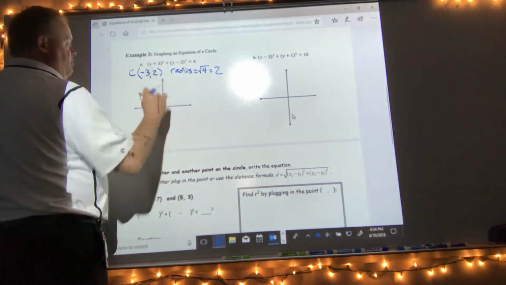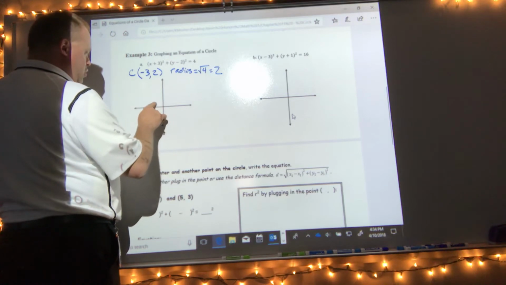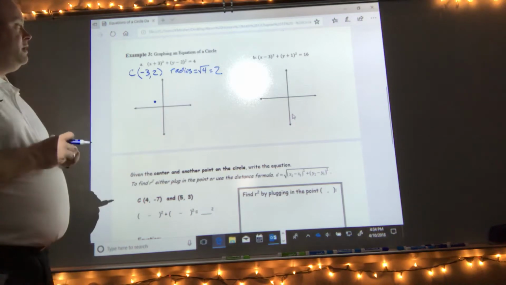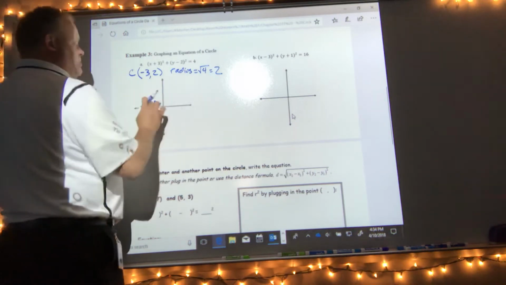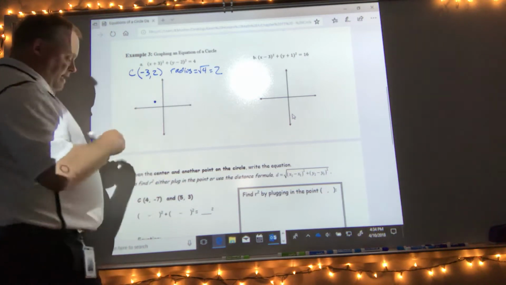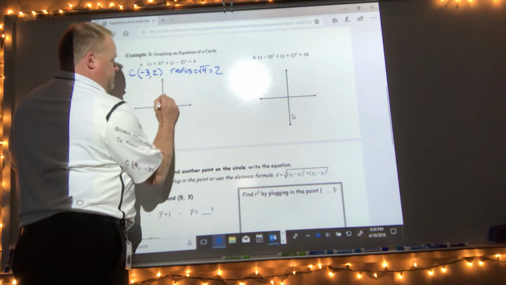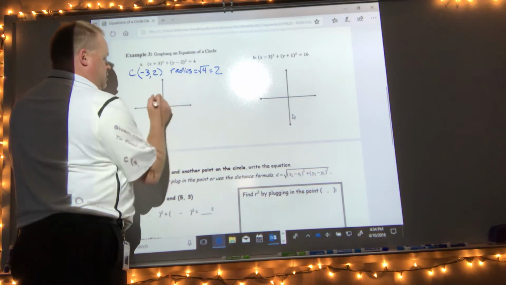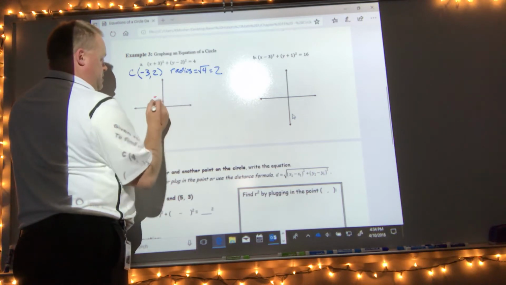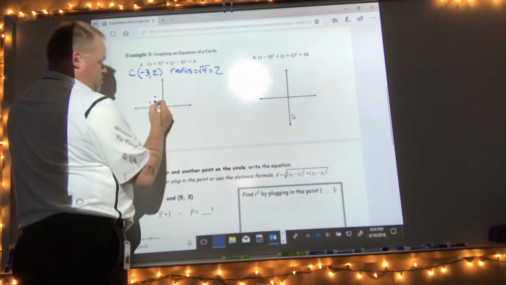Find the center, (−3, 2). 1, 2, 3 over, or up 2. There's my center. Now, my radius is 2, and that means I'm going out just 2 from there. What I like to do is find my center and go horizontal to the right 2 and mark it. Go up vertical 2, mark it. Go to the left 2, mark it. Go down 2,